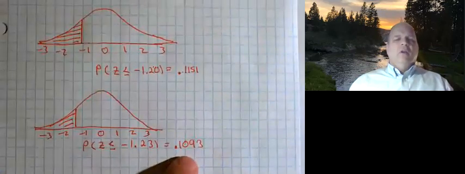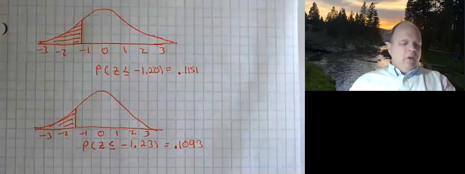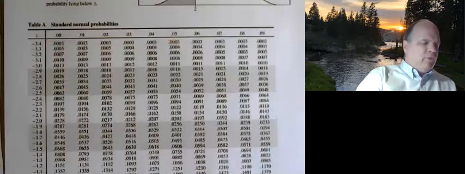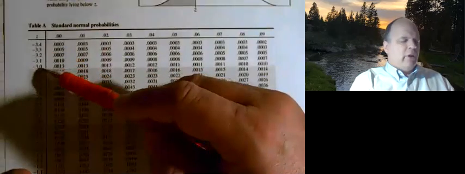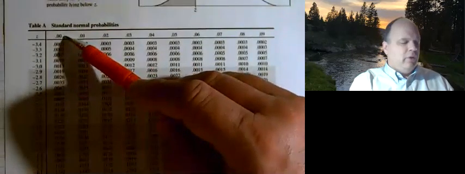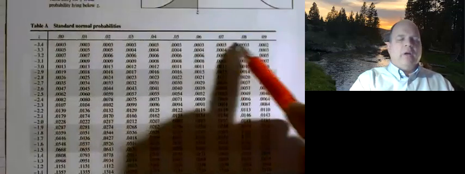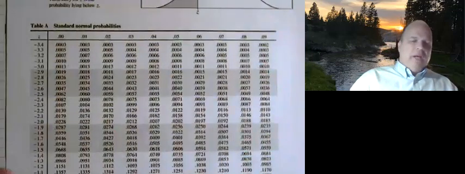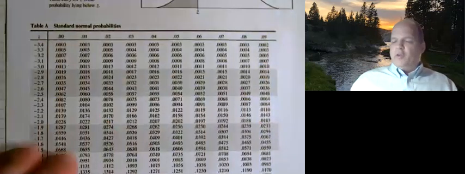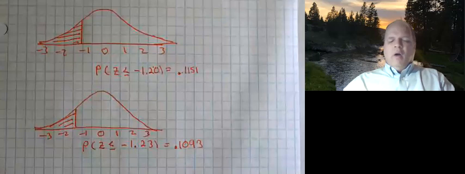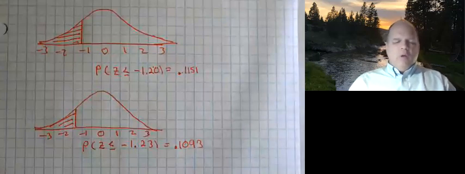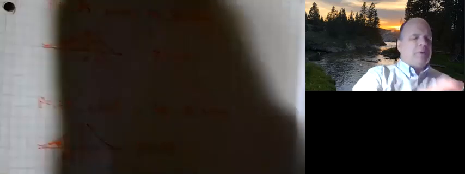All right, so that's reading the z-score table. Please remember that as you read the table, the first two digits are on the outside, but the hundredth place comes from the columns. And it helps to have a straight edge to read across these things, especially if you're like me and need glasses. All right. So what happens if I didn't give you a z-score and I gave you a probability, or